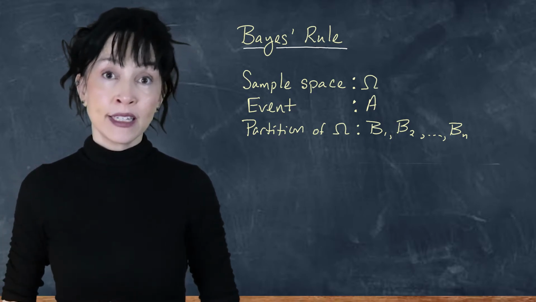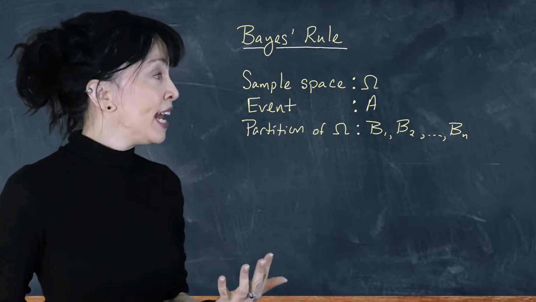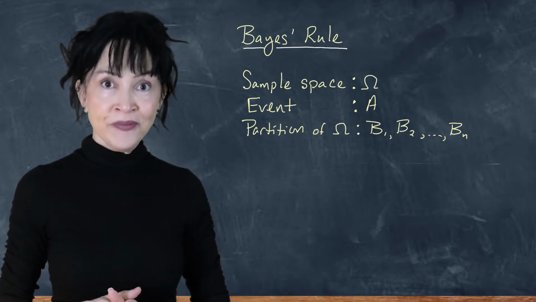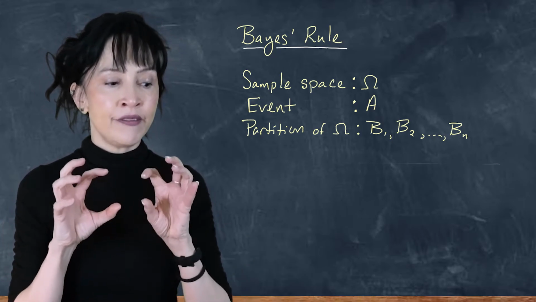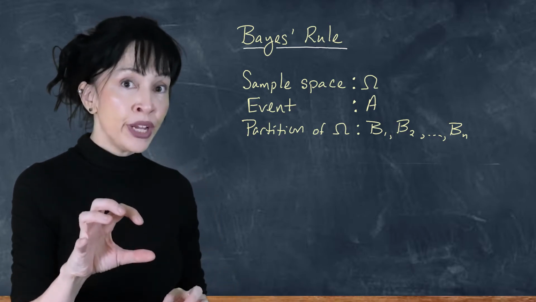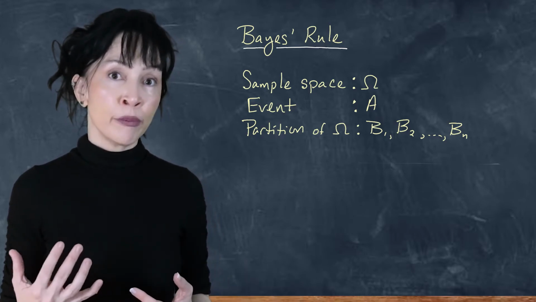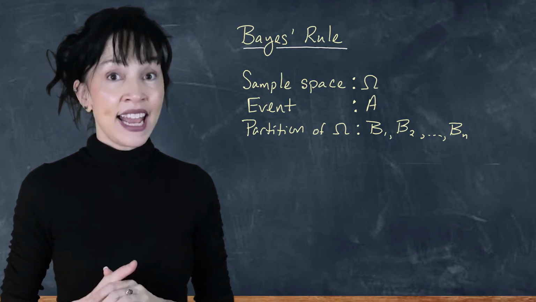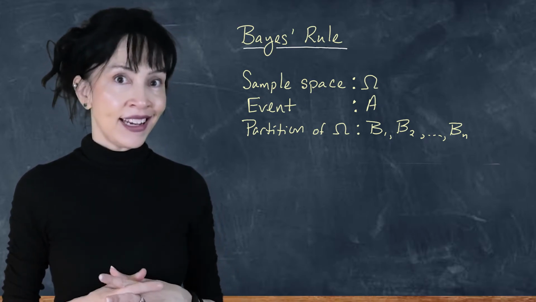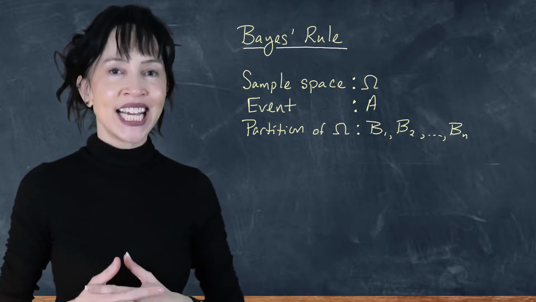I'm going to call those sets B1, B2, B3 out through Bn in general. Now, n was 3 in our previous example because these events, B1, B2, and B3, corresponded to choosing from box 1, 2, or 3. I'm going to let A be any other event,